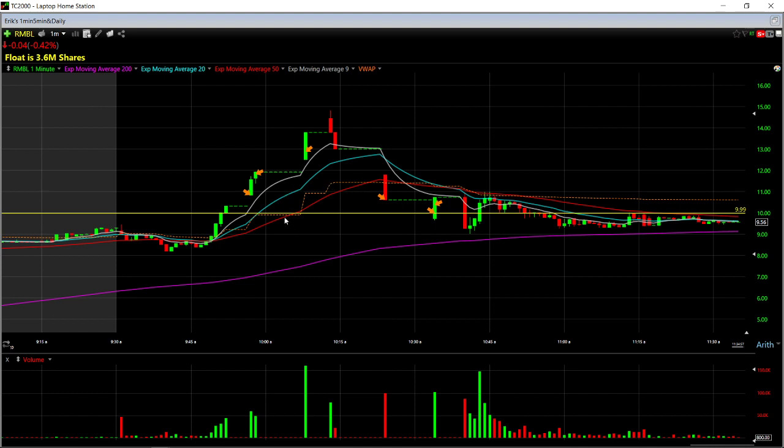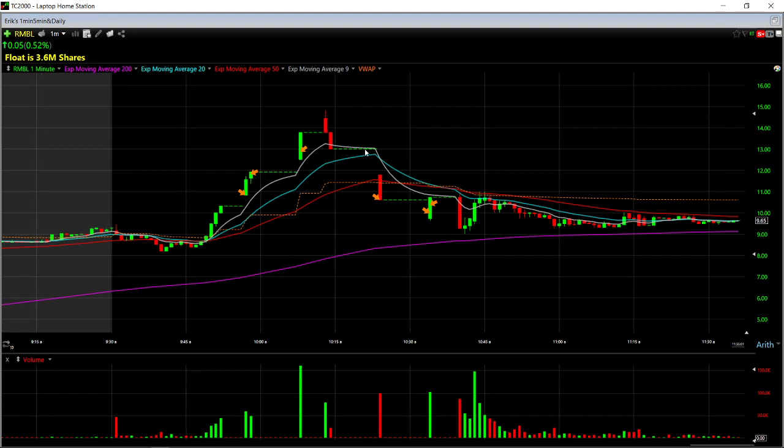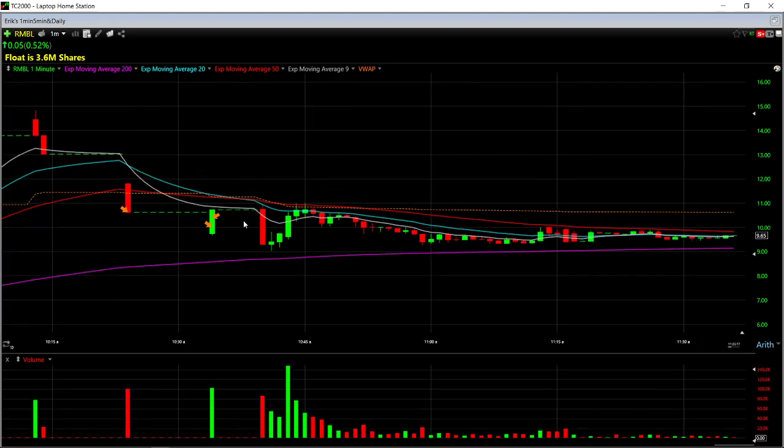And then on this back side of the move, we saw this pretty hard pullback, and so I was like, okay, well, I'm going to get in on this bounce. It ended up not bouncing. It ended up halting, going down. So that's not good. Usually stocks that halt going down, they keep going lower. So I got in at 10.62 where this orange arrow's at, and then it resumed down here at